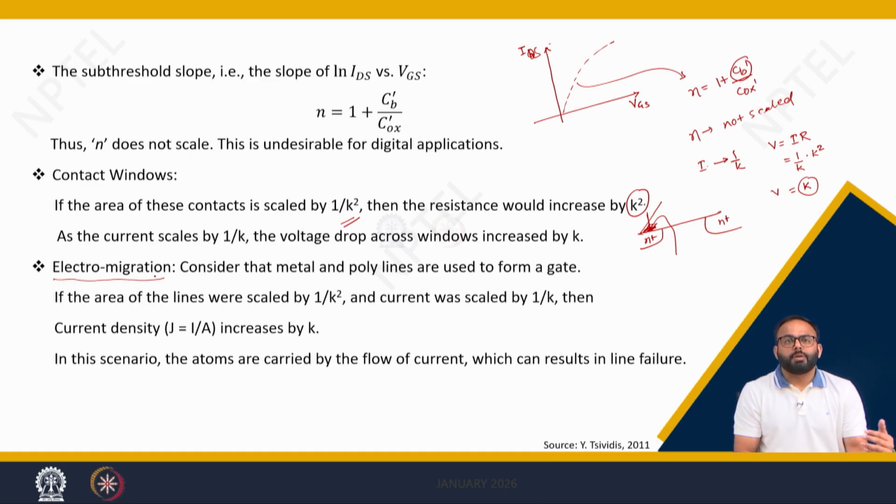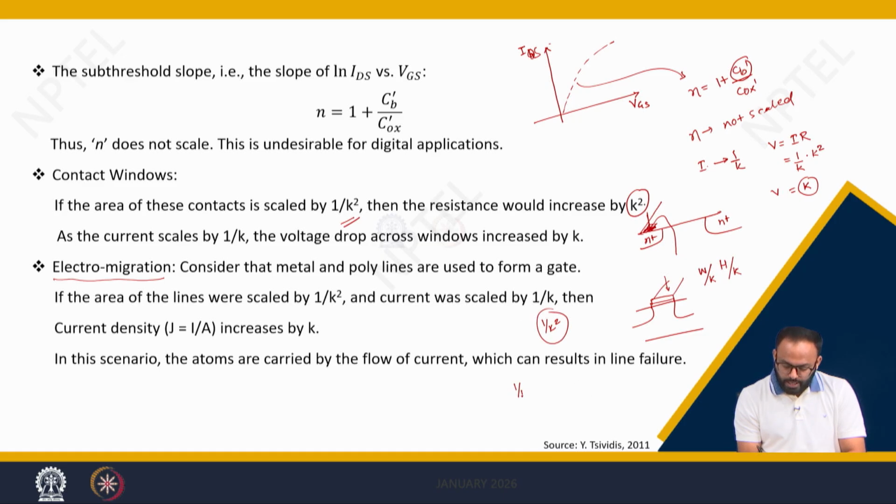definition of electromigration. What it means is, suppose you have a MOSFET and in the MOSFET the metal or the polysilicon is used to define the gate. So, let us consider W is the width of the poly or metal line and H is the height of the metal or poly line. If I am going for scaling, then this W will be W by k, H will be H by k. So, the overall area of this metal or poly line will be what? 1 by k square,